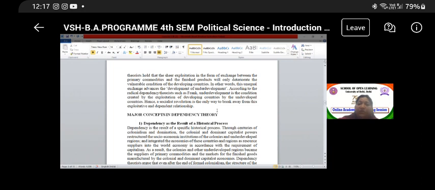So they decide उनको क्या चाहिए, कितना चाहिए, कैसे चाहिए, and that is followed by these developing countries, and that's how exploitation happens. So a socialist revolution is the only way to break away from this exploitative and dependent relationship. That's the solution Frank has to offer, since he's very much influenced by the Marxian doctrine. He thinks that when we have socialism, because socialism allows everyone to become an equal partner on the world stage or in the world economy, then socialism perhaps will be the only solution whereby this gap can be lessened, it can be bridged. Okay, this is what Frank's analysis is.